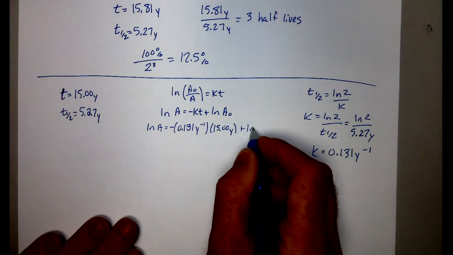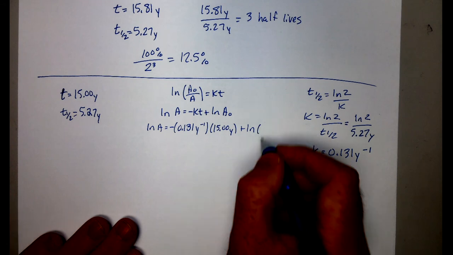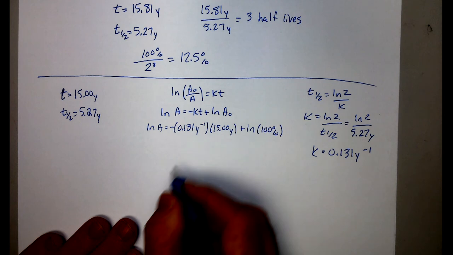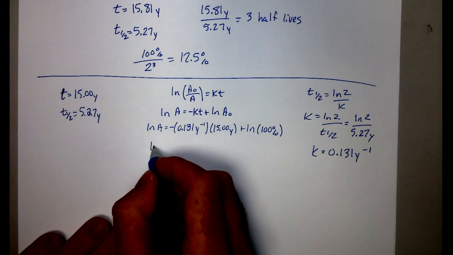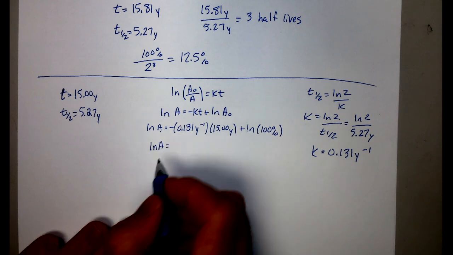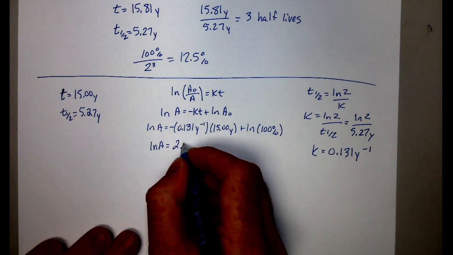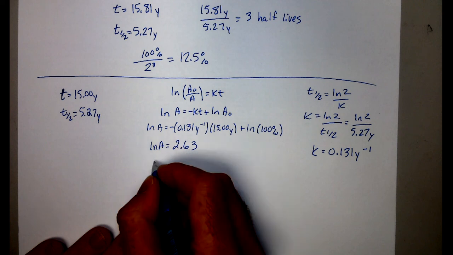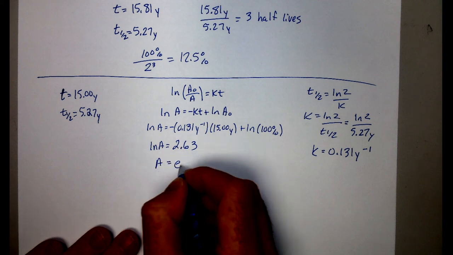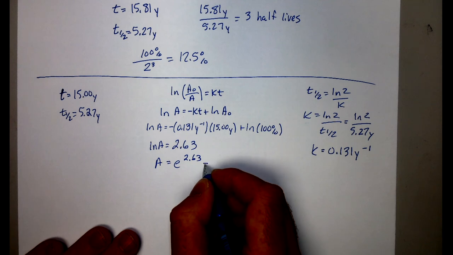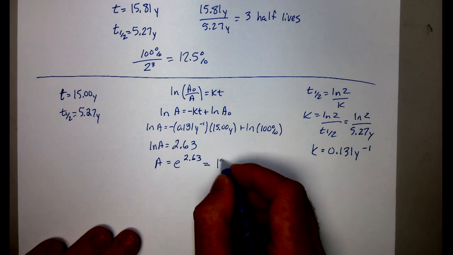plus ln of our initial amount, which we'll just say was 100%, like in the previous problem. We run all that through our calculator, and we get that is equal to 2.63. So solving for A, that's going to be e raised to the 2.63, which will give us